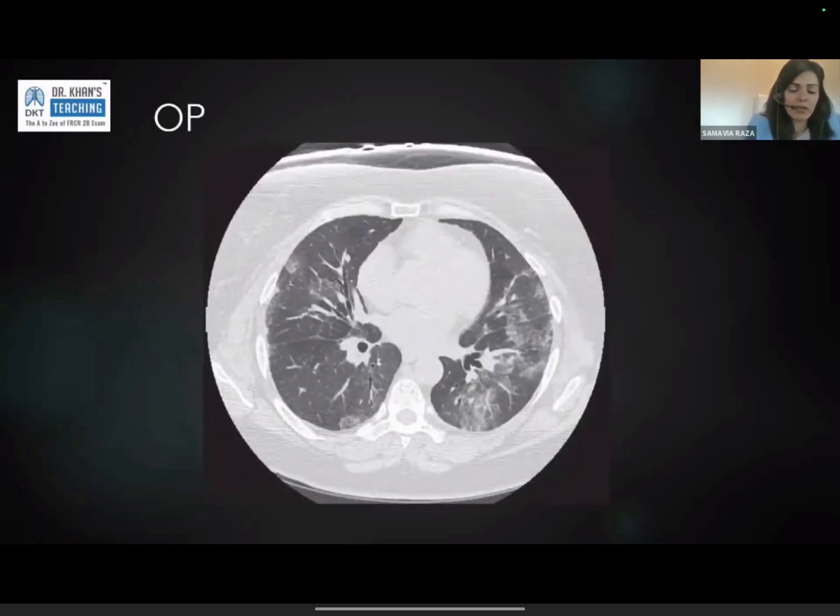The other pattern you guys need to think about when you see bilateral abnormalities in multiple lobes is organizing pneumonia. So organizing pneumonia can be an entity in itself when it is called cryptogenic organizing pneumonia, or it can be organizing pneumonia due to another cause. Organizing pneumonia is also a pattern of distribution of abnormality on the CT. It is not a disease. The disease is cryptogenic organizing pneumonia, and that means it is organizing pneumonia without any cause,